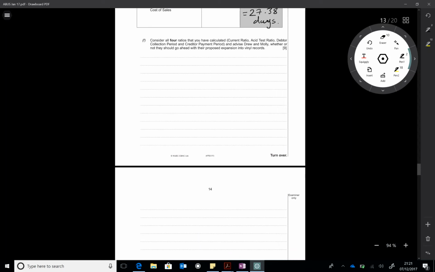Okay, it also asks you to advise Drew and Molly whether or not they should go ahead with their expansion. So we also know it's important to make a decision at the end of it. So let's have a little look at the information. So for our current ratio,